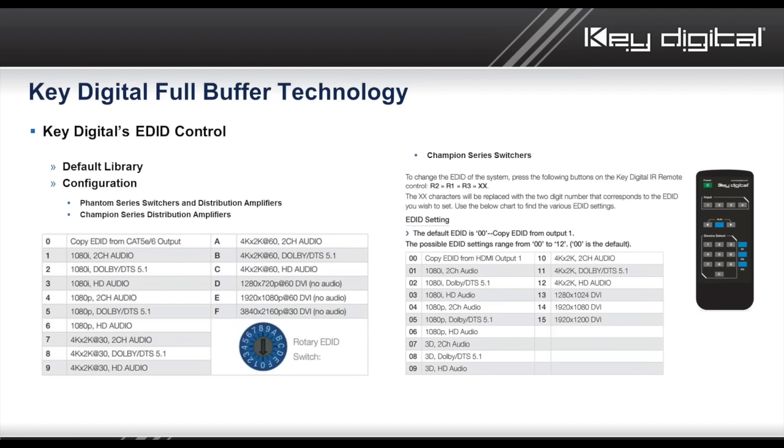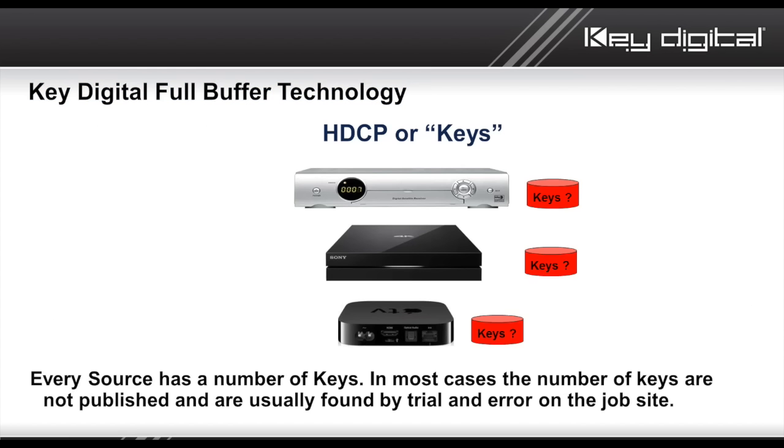So through the click position, 16 different positions, or through an IR code on the Champion Series switchers, for example, we see what is practically the same EDID library. You would just use the IR remote control, and you press R2, then R1, then R3, and then 2 digits from the numerical keypad. And then finally, some of our other products allow you to send this command over RS-232 or TCP/IP commands or through their device manager GUI-driven PC software. So you always have the option of choosing all these different handshakes or copying from a connected device, which leads us now to the third layer